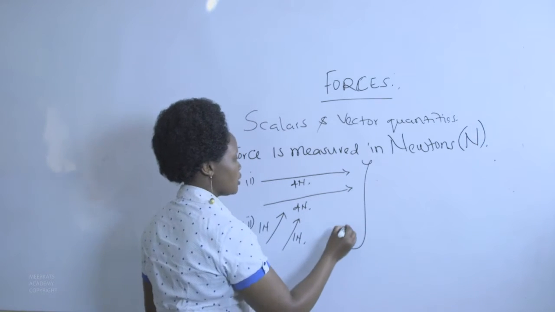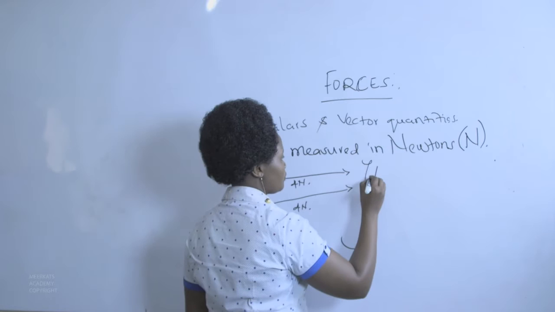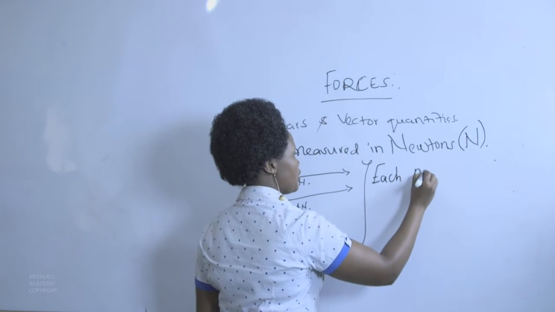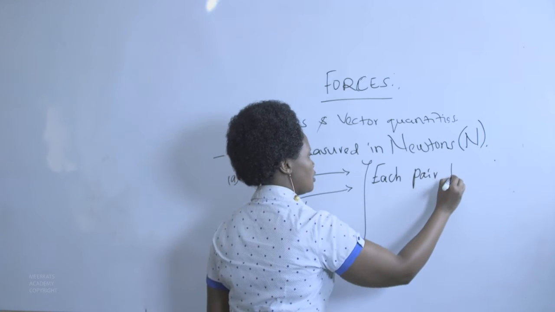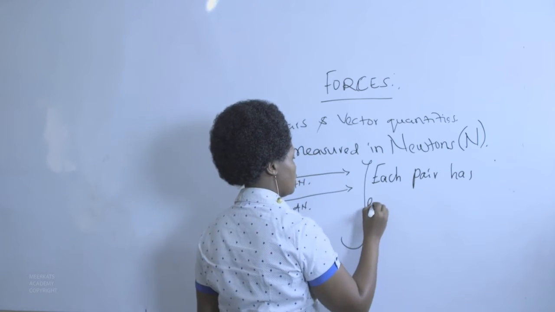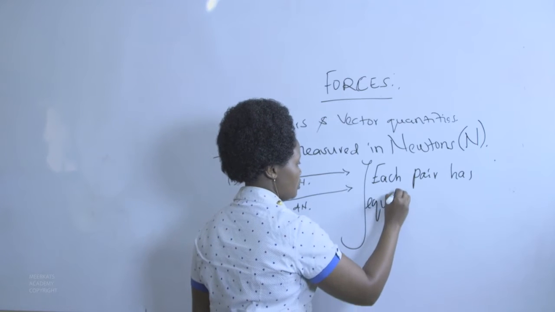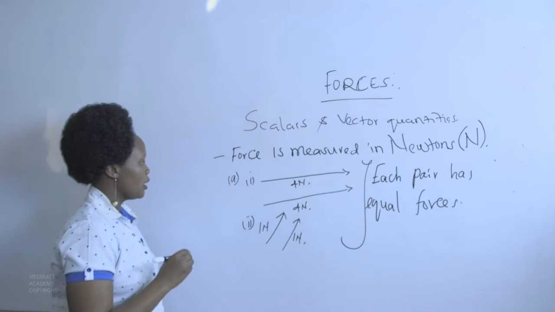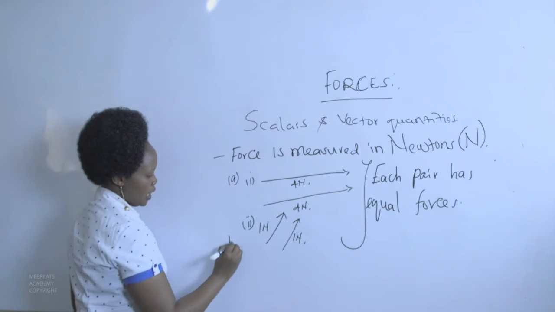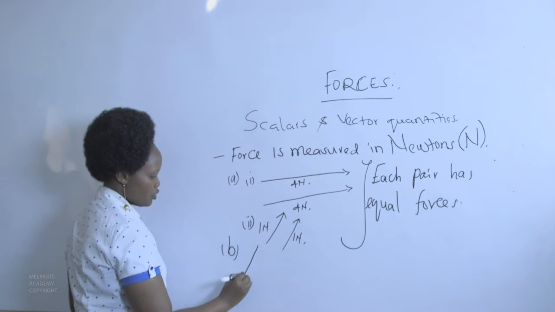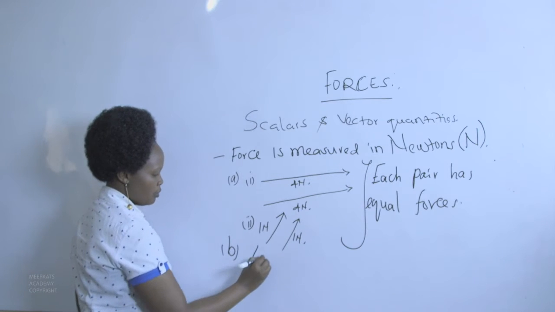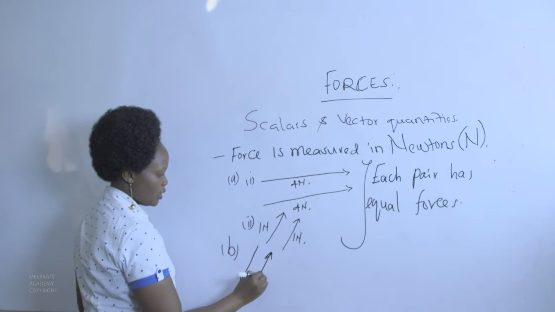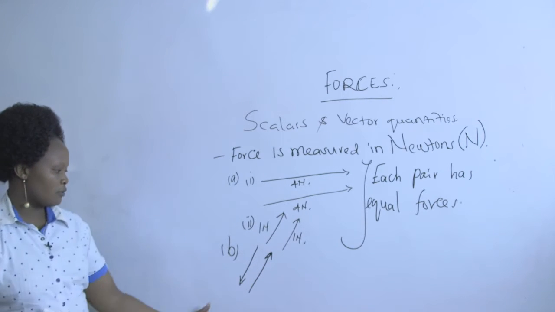So we can take the forces in each pair to have equal forces. Now, part B I will show you forces which might be equal in magnitude, but the direction is different,